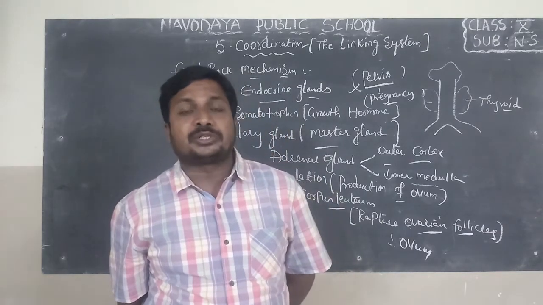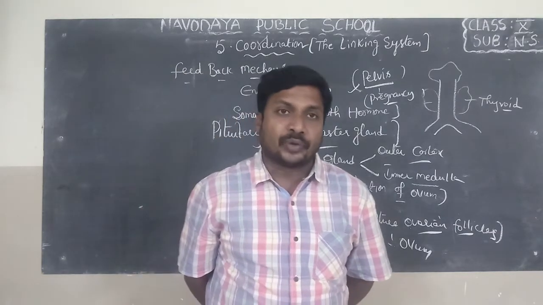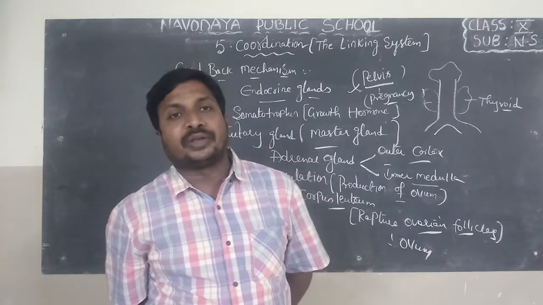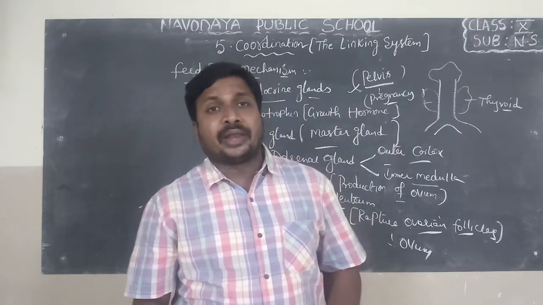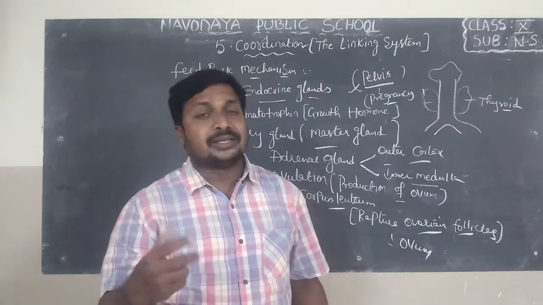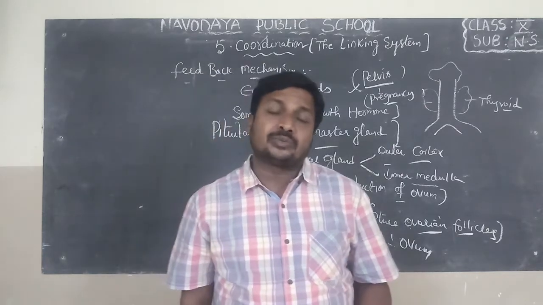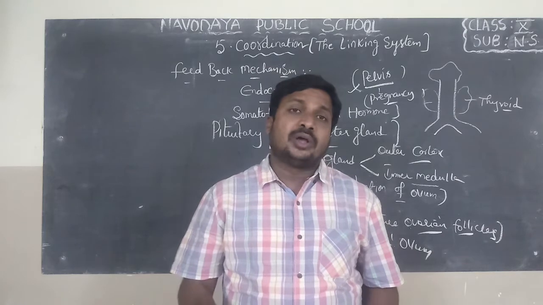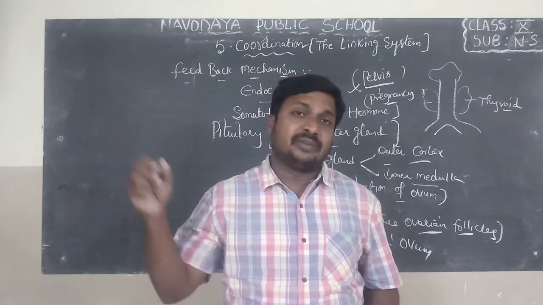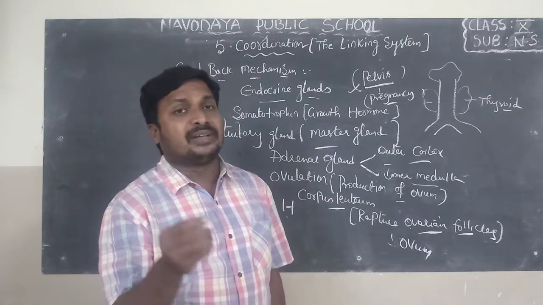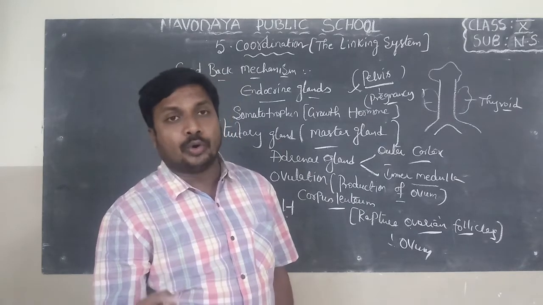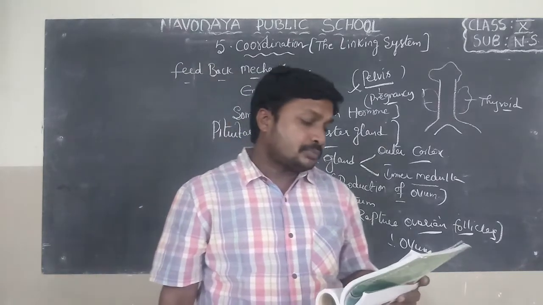If you observe the menstrual cycle, we can find two phases, that is the proliferative phase and the secretory phase. In the proliferative phase, Graafian follicles increase their size and release the ovum. In the secretory phase, the ovum comes outside with some blood, which is called menstruation. This menstrual cycle is controlled by a hormone known as estrogen.